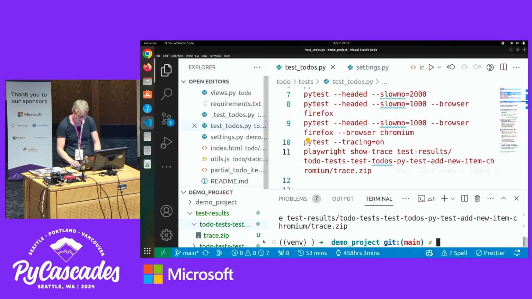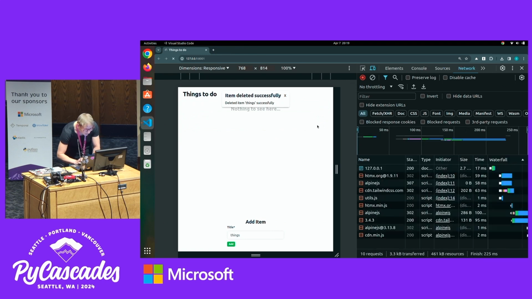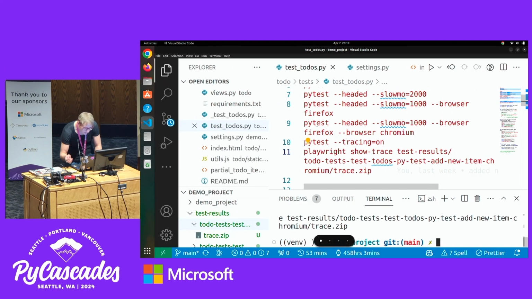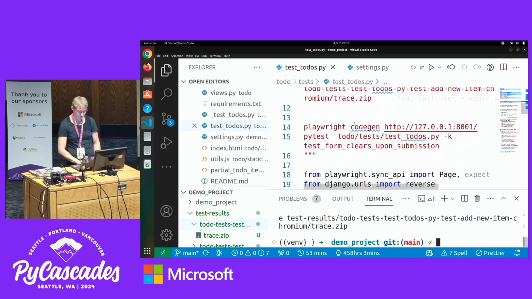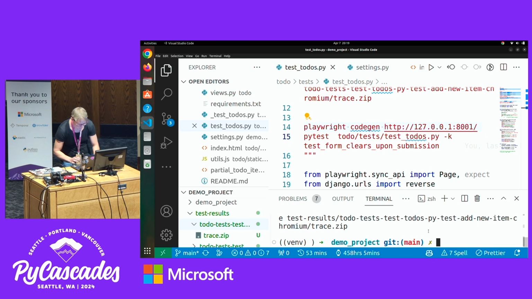A really nice way to expose that issue, I'm just going to delete these, I want this clear for now. All right, cool. So a really nice way to do that is with this thing called CodeGen. So Playwright CodeGen, you point it to the URL of a running application. So this does not use your live server. I mean, it doesn't use the live server fixture. This is running outside of Pytest. So you need to point it to something that's busy running. Now, when I do that,